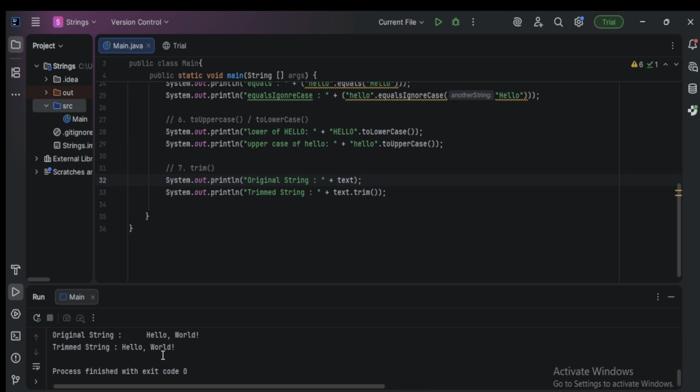See here, this is the original string with leading and trailing spaces, and this is the normal string, without any leading and trailing spaces. Okay, it is removing. See here, there are spaces here, but there are no spaces here. If I click here, the cursor goes there, and if I click there, the cursor goes there. That means there are spaces in the original string. So let us move on to the next method, that is